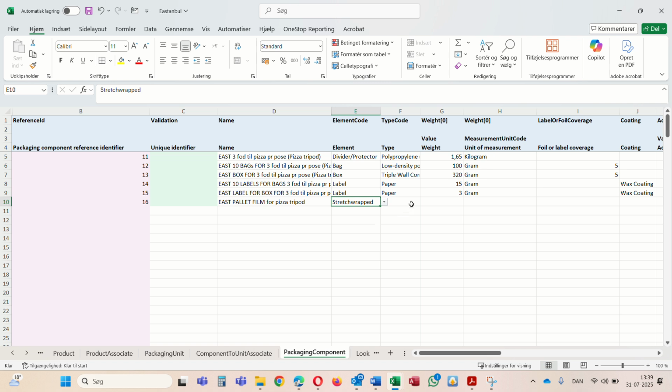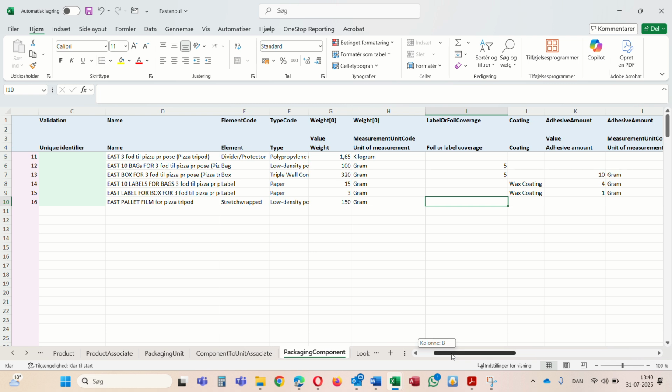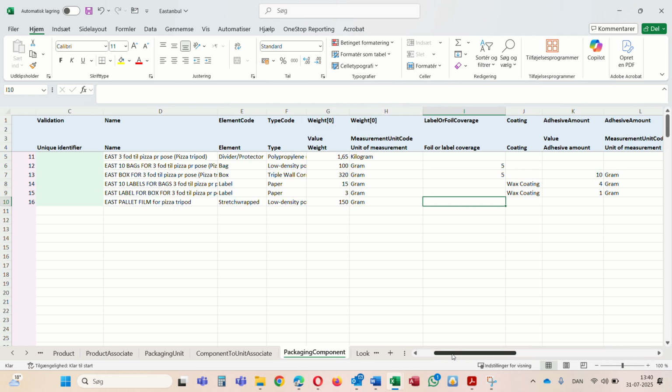Stretch wrapped. I believe that is LDPE as well. Maybe some of you know exactly what it's made of. I don't. And let's say that 150 grams of pallet film is used per pallet. In this case, there is no label applied to the pallet film,